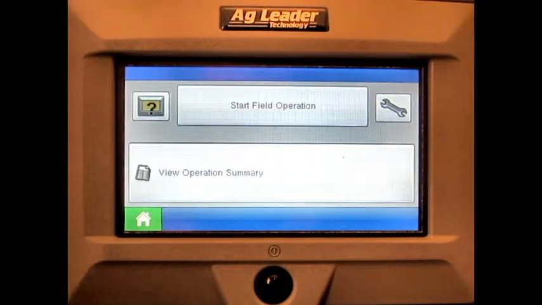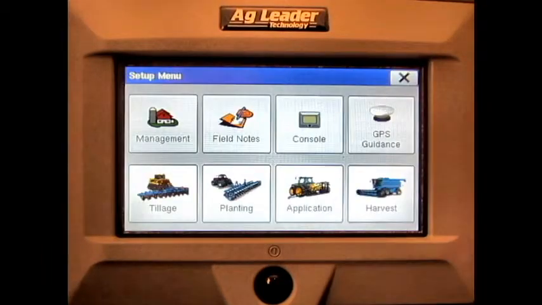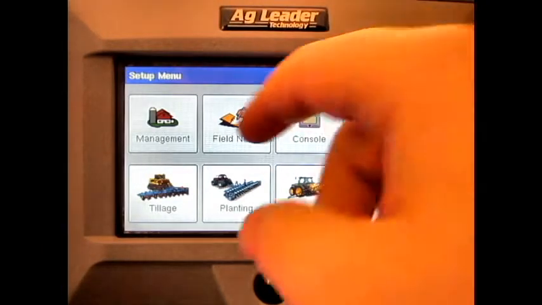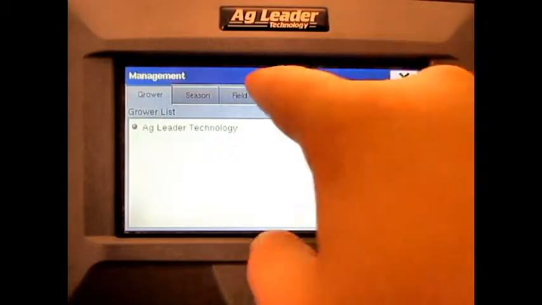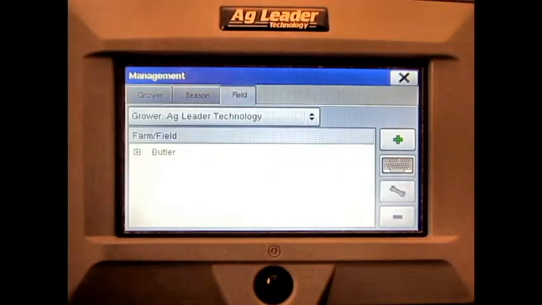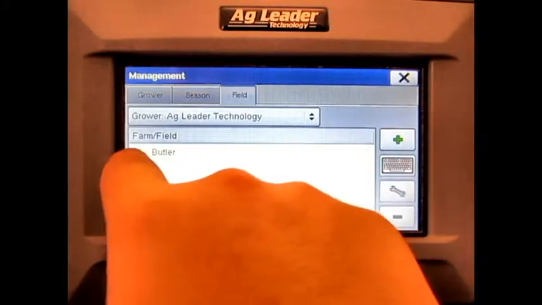In this video, we will cover how to export a field boundary on the Ag Leader Edge display. From the home screen, press the Setup button, press Management, press the Field tab, select the correct field,